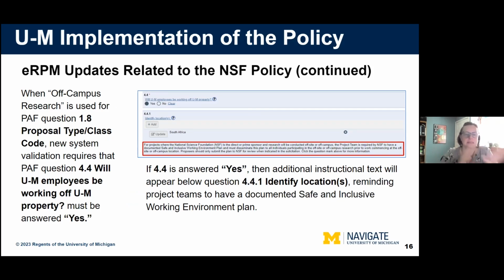It makes sense, you know, if there is off-campus activity, then U of M employees would be working off campus if you meet that class code type. So there is a system validation now that requires those two things to be answered together.